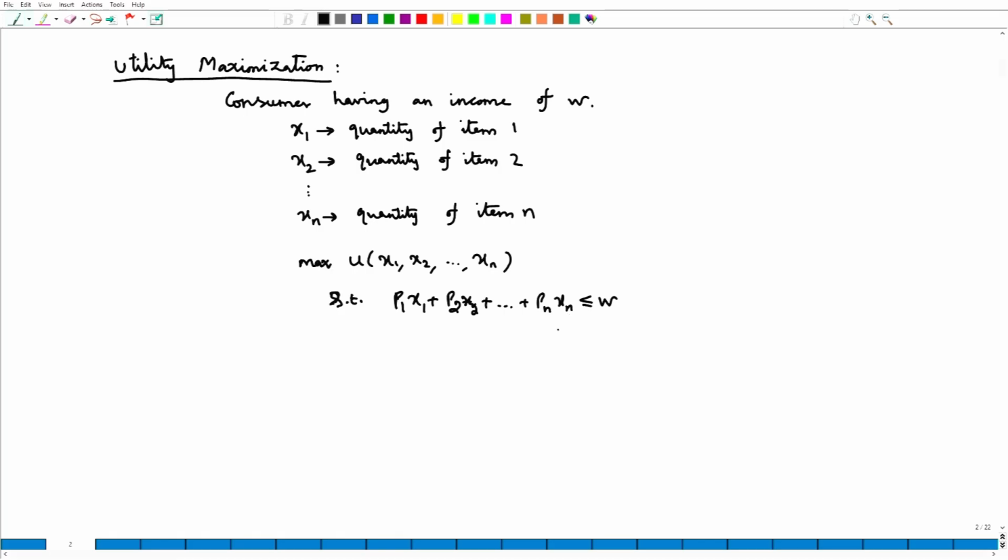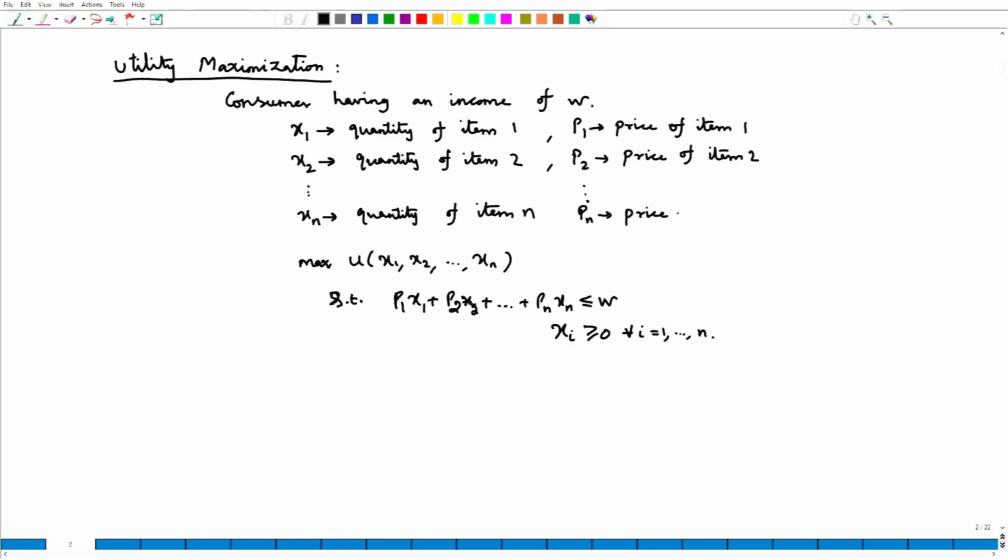Okay. And the other constraint that needs to be satisfied is that every quantity needs to be non negative. So, here the variables P1, P2 dot dot dot Pn refer to the price of item 1, item 2 dot dot dot item n. Okay. So, maybe I will write that down as well. P1 is the price of item 1, P2 is the price of item 2 dot dot dot Pn is the price of